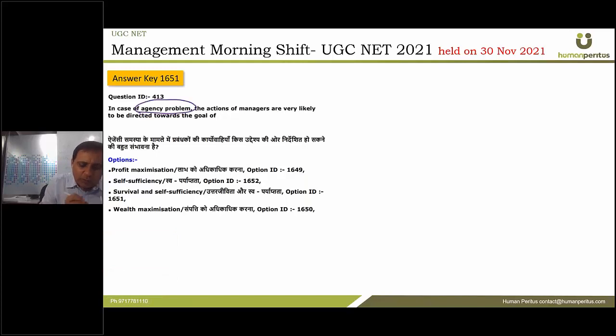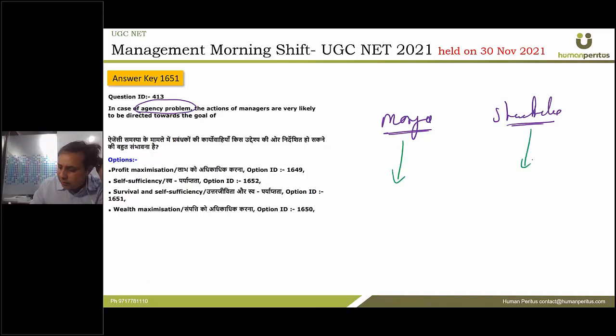So guys, agency problem क्या होता है? So agency problem is nothing but a conflict between manager and shareholder. तो गाइस, मैनेजर को क्या चाहिए? मैनेजर को अपनी सैलरी चाहिए, अपने पर्क्स चाहिए, पैसे चाहिए, जॉब सिक्योरिटी चाहिए, ये सब मैनेजर को चाहिए. शेयर होल्डर को क्या चाहिए? वेल्थ मैक्सिमाइजेशन और वैल्यू मैक्सिमाइजेशन ऑफ द फर्म. So it becomes an inherent conflict between their goals. So manager is nothing but an agent of shareholder only, इसलिए हम इसको एजेंसी प्रॉब्लम बोलते हैं.